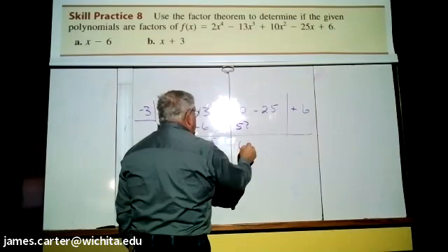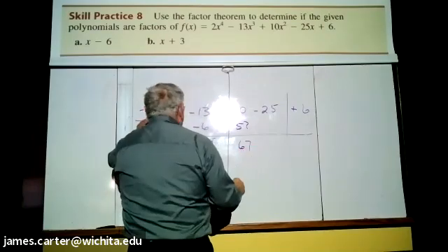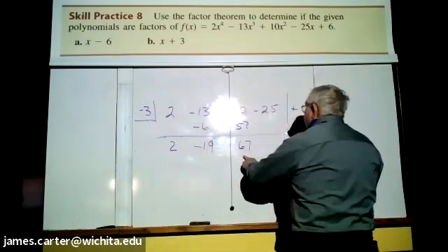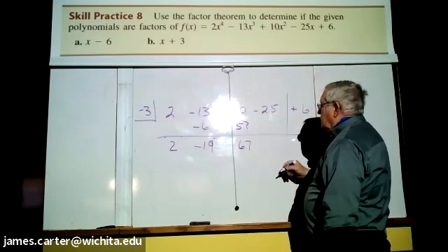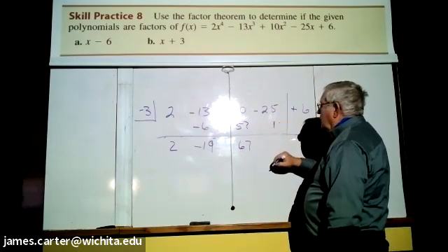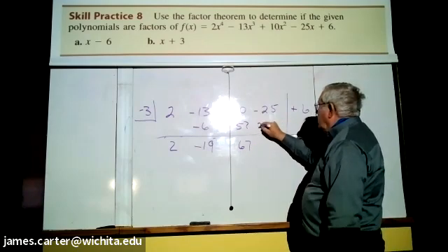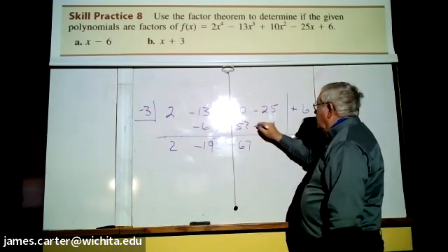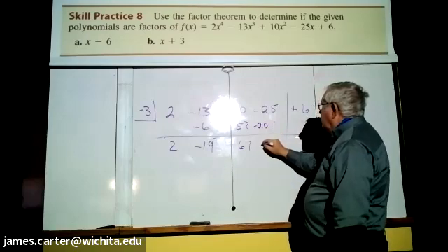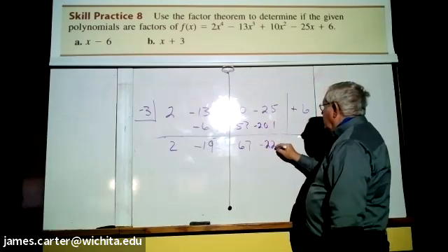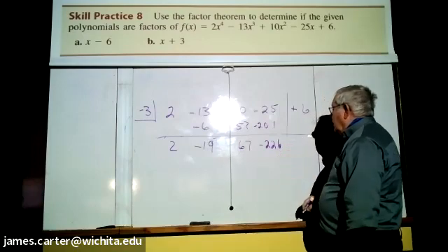That gives me 67. Negative 3 times 67 is, I don't know what. 3 7s are 21. 3 6s are 18, and 2 makes 20. 201, and the sign's going to be negative. So this gives me negative 226